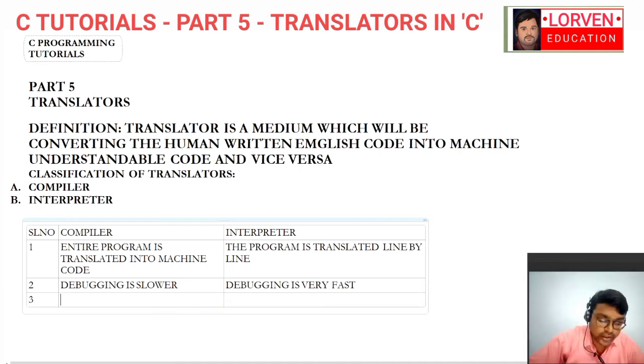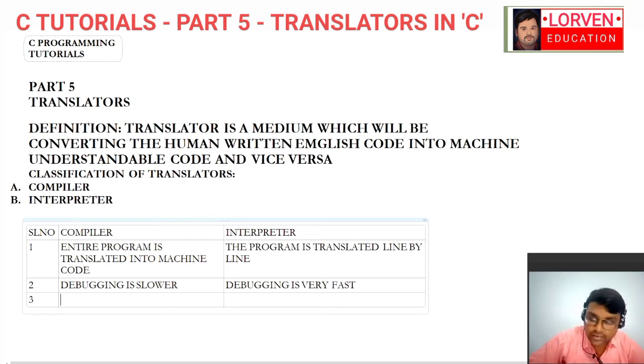Now we will go into point number 3. When you are writing a program, it is obvious that a user, irrespective of experience, will commit some errors. So we have to list out all the errors done by the user so that you can rectify them. When the compiler checks for errors, the errors of the whole program will be presented at once.